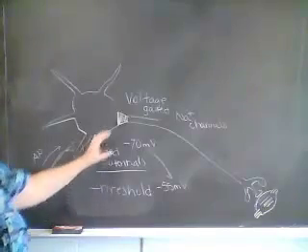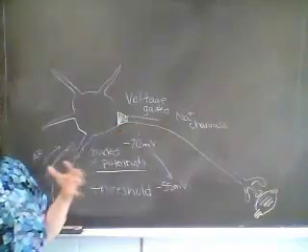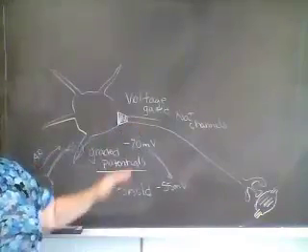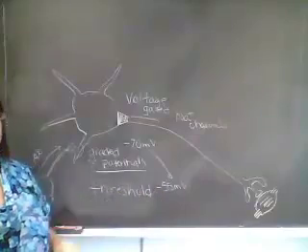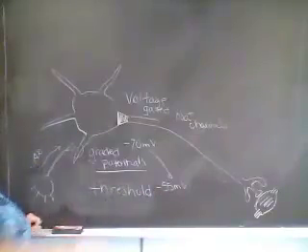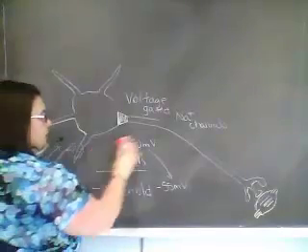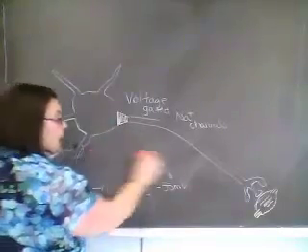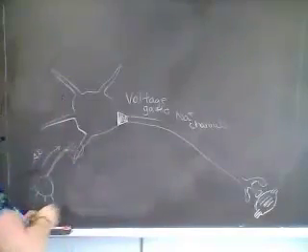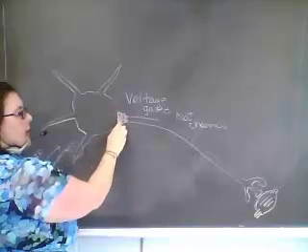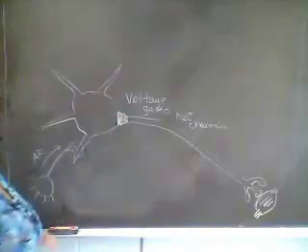When this occurs, if we have an actual magnitude of graded potential equal to or greater than 15 millivolts, the difference between minus 70 and minus 55, that will cause the voltage-gated sodium channels here in the axon hillock to open. When we open voltage-gated sodium channels located here in the axon hillock, this will lead to a very rapid and